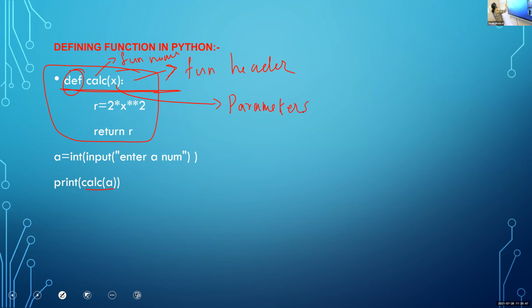Okay, so the first line is known as function header. Within this function header, we are using a keyword, it is def, and calc is the function name. It is a user defined function, so the user can decide the name of the function. That is one of the differences between built-in function and user defined function. In a built-in function we cannot use different names.